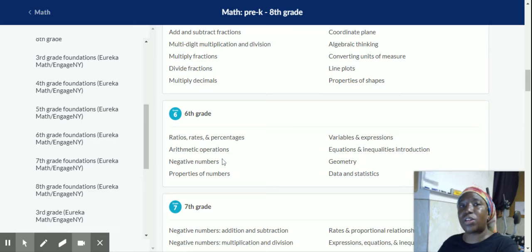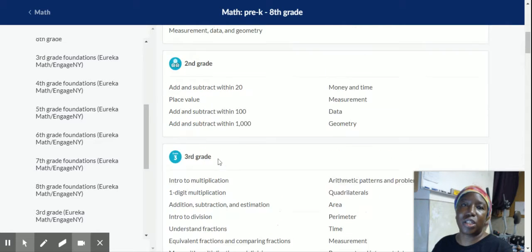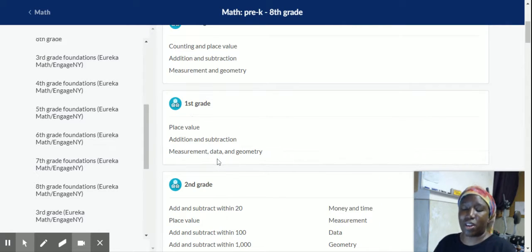Okay, so in the sixth grade, you're talking about negative numbers. And remember, once you start talking about negative numbers, that means above there, right, we're talking about greater than and less than. So what grade did you learn greater than and less than in? And that is in the first grade, kindergarten, really, because that's when you start learning about a number chart in kindergarten. I'm just saying.